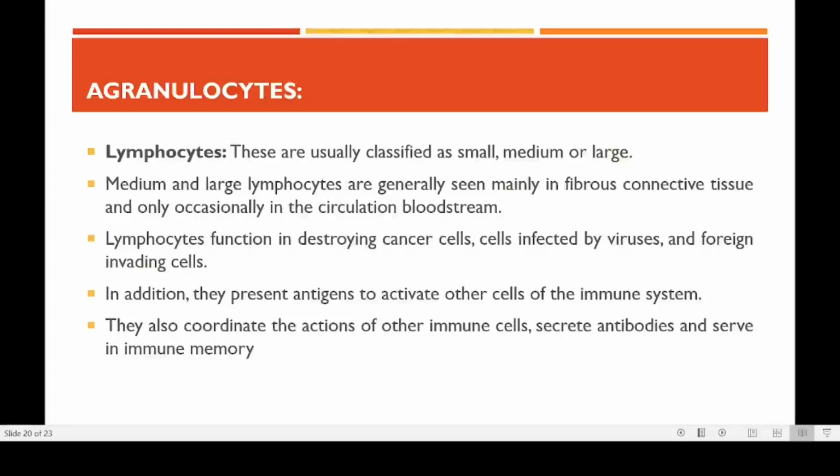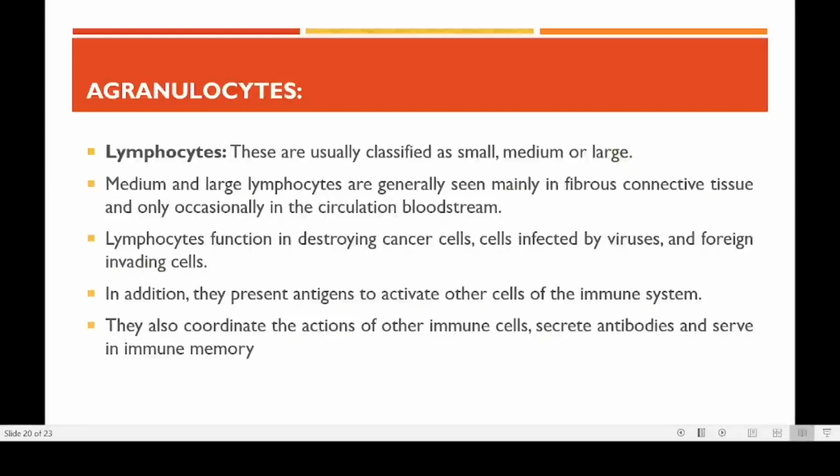So in this case, when a microorganism like a virus or bacteria enters our body, it will act as an antigen. And what the lymphocyte does is that it collects this antigen, combines or attaches with this antigen and takes it to the site of other types of WBC, and in that way they will kill it. So this is the function that the lymphocyte is doing, and that is why they are known as antigen presenting cells. Sometimes we use the name antigen presenting cell.